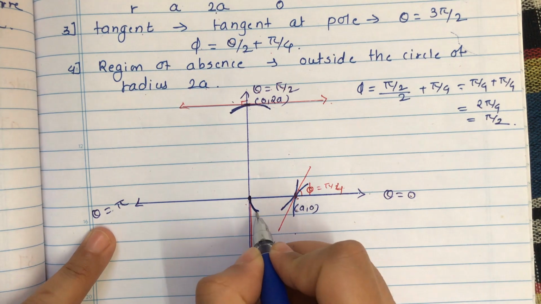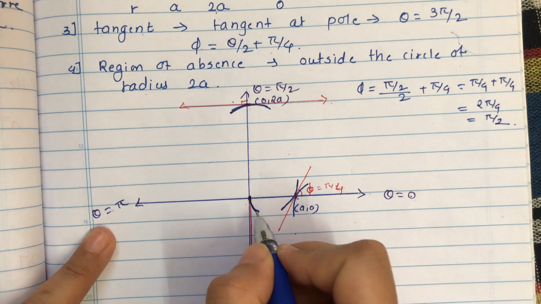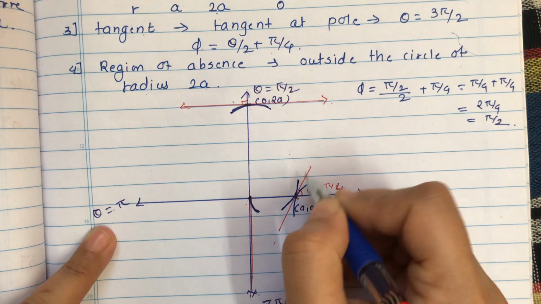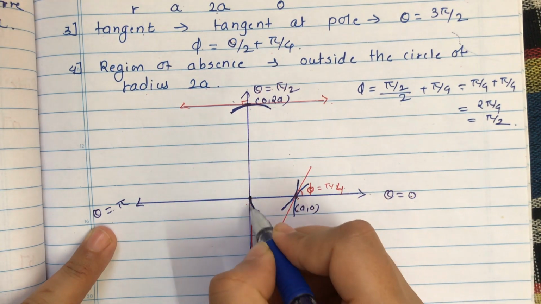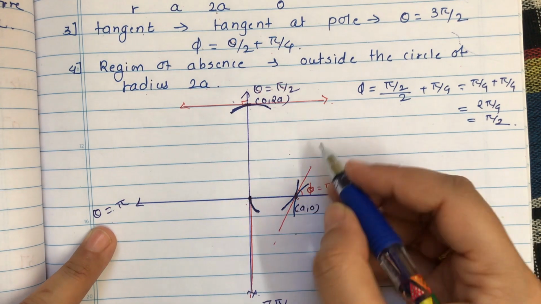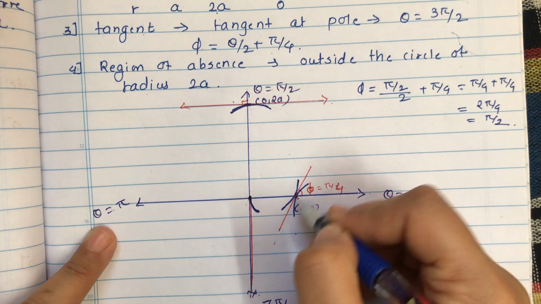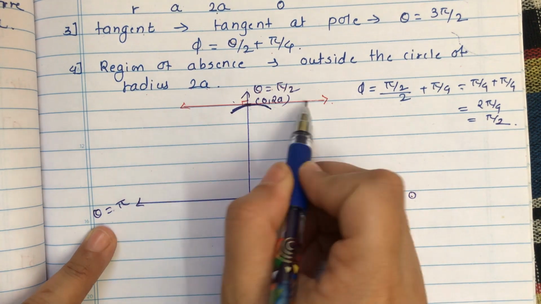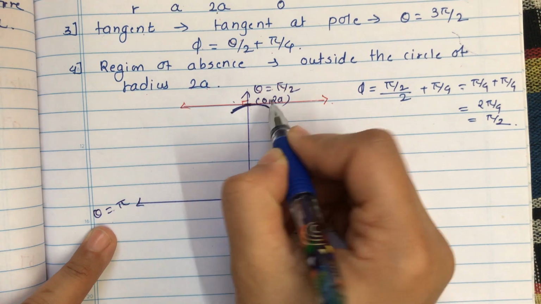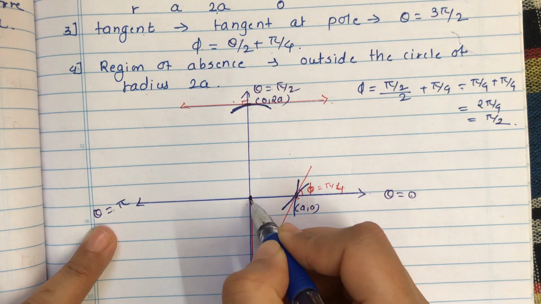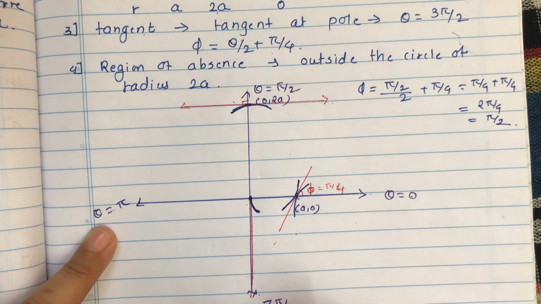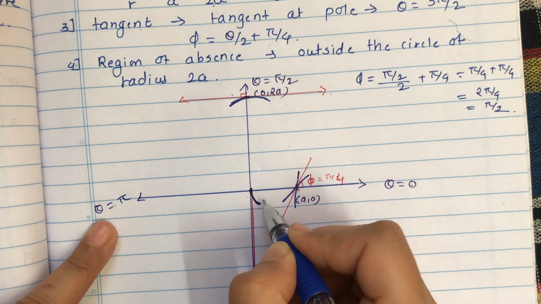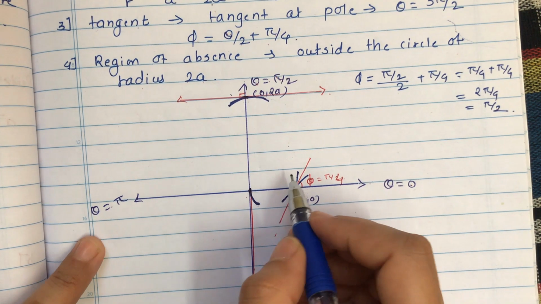Right? Now the question may arise in your mind that I have taken this nature as this, like full, and here it will be half only, right? So what is the reason? This whole line is tangent, so I have taken this curve. Here also this whole line is tangent, so I have taken this curve. Now here this line from this point to this, because this is theta is equal to 3 pi by 2, so I have taken this half curve only. So you have to keep these things in mind.